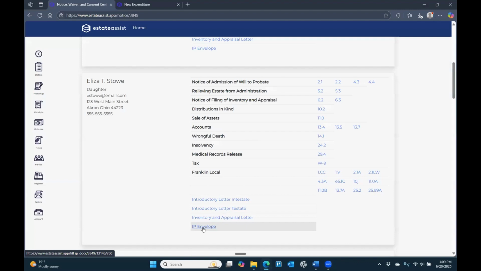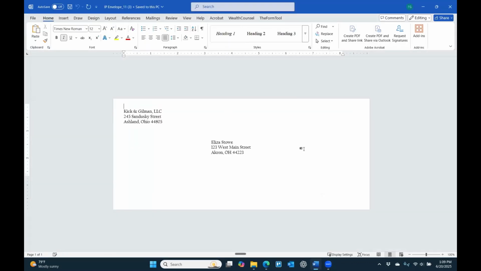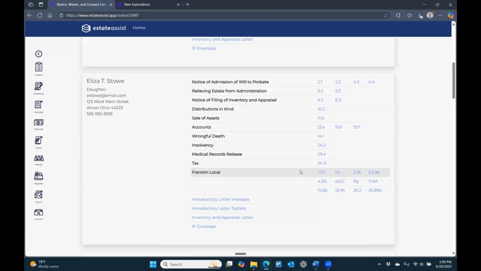And if you missed it earlier, we even created a template for an envelope. Now, this one still has my firm information on it, but we made a template for an envelope, and there it is. It just pulls her information automatically and fills it in. So all you have to do is hit print and everything's ready to go. And again, I'll point out everything right now is an individual click and print or click and send, but we will be adding more in the way of batch features. The next level of this is click a button and print all of your letters, right? Or all of your notices or waivers. All right, somebody asked,